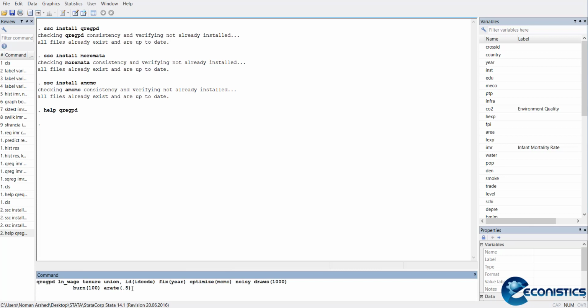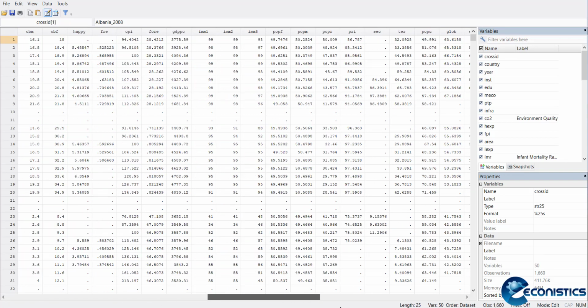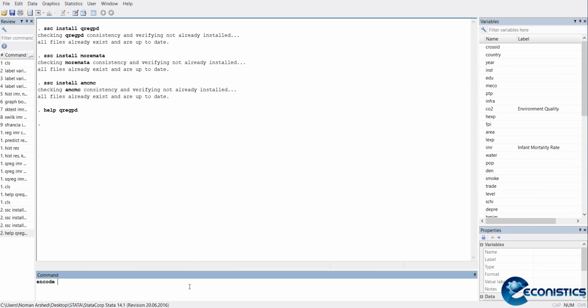First I will remove it, then I will have to tell Stata that it is panel data. I have a time variable which is in numeric form, but I don't have a country variable in numeric form. So what we can do is encode the country variable: encode country, generate id.